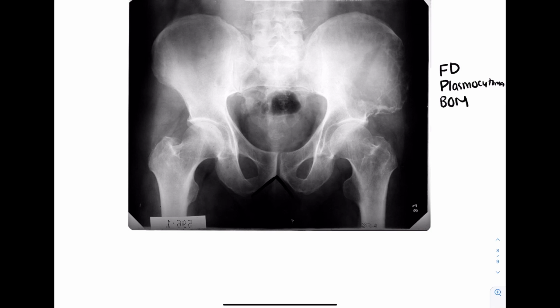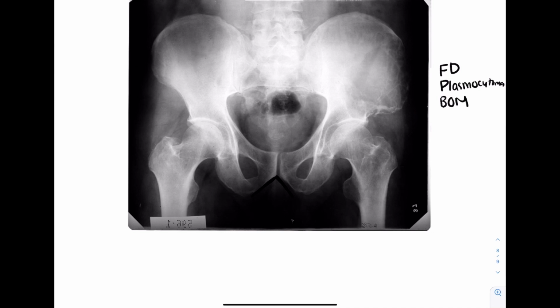So see how, yes, I know my Fegnomashic, and if we need to use the longhand Fegnomashic, we can. But in 2 seconds, you can look at an image, figure out age-wise, and kind of break it down too. So use Fegnomashic when you need it, but you're going to get so good after you do a bunch of these that you might just go old person, geographic lytic, FD, plasmacytoma, BOM are the